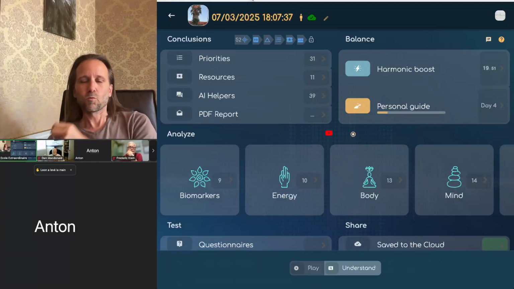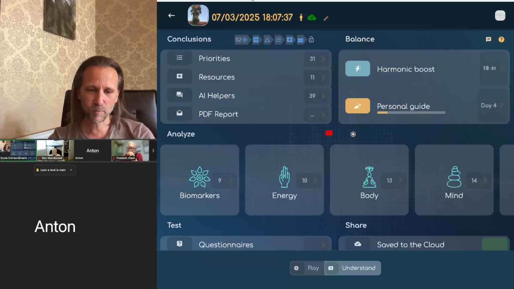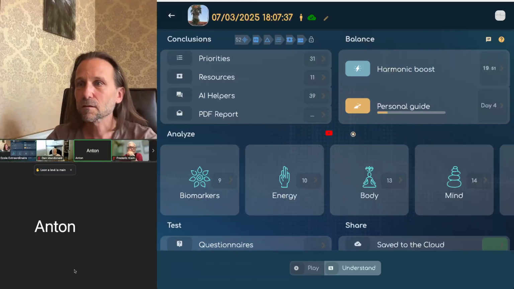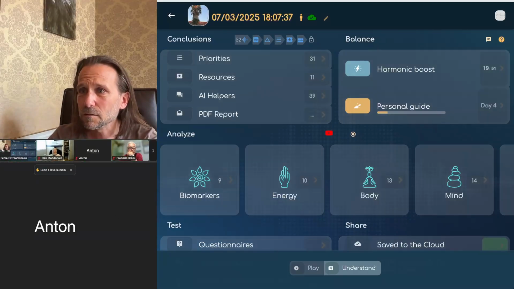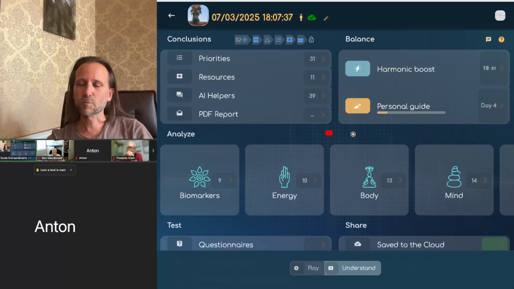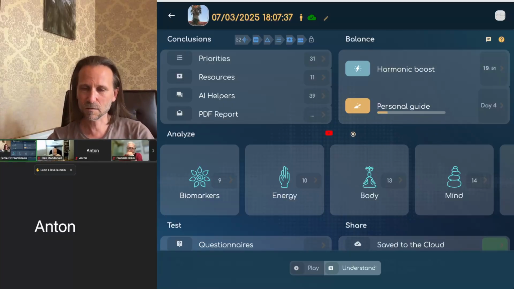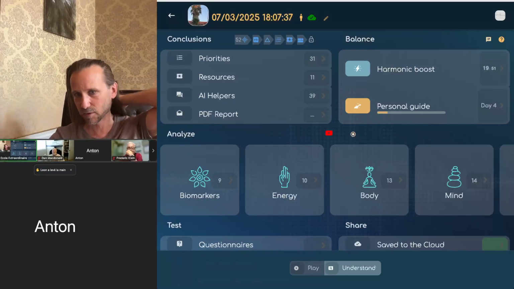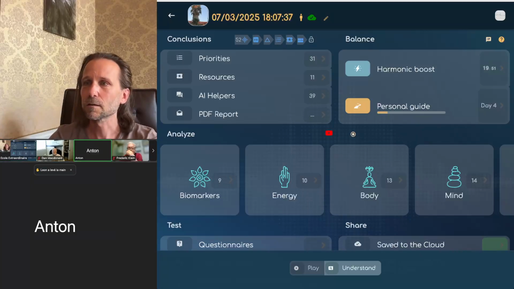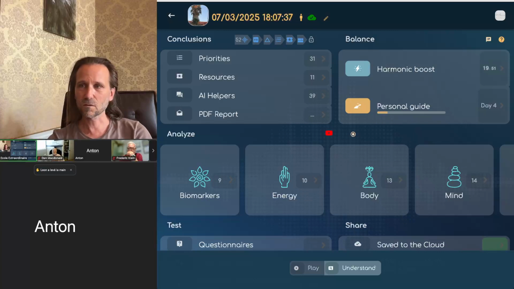When you submit a case report, it will also ask the client to fill the questionnaires, and also to fill the questionnaires 6 weeks after the start, because we also need a questionnaire